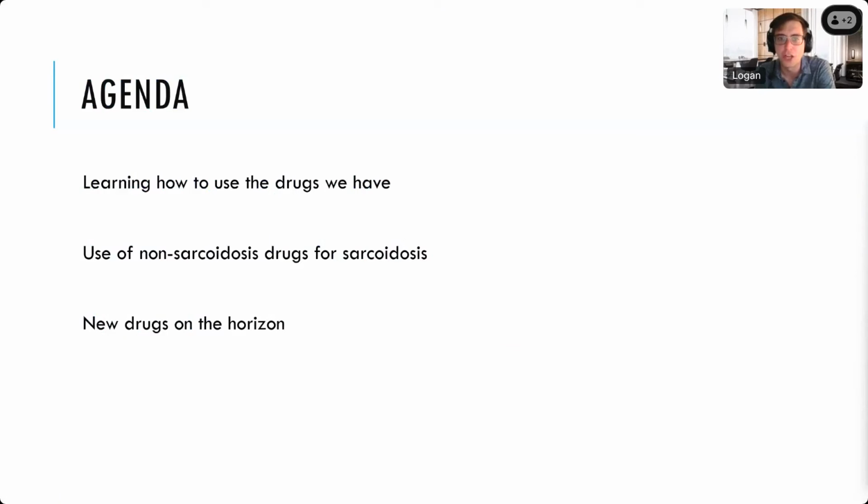After that, I want to talk about some exciting work looking at drugs that aren't currently used for sarcoidosis, and seeing if potentially they could be helpful for sarcoidosis treatment. And then finally, I want to talk about two drugs that are currently being tested in phase 3 clinical trials to treat